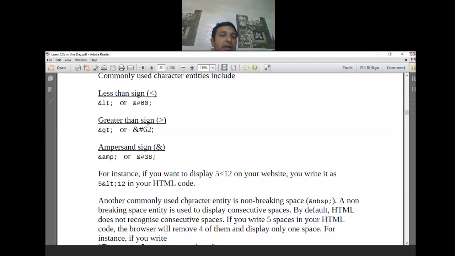Another commonly used character entity is the non-breaking space, ampersand nbsp. A non-breaking space entity is used to display consecutive spaces. By default, HTML does not recognize consecutive spaces. If you write five spaces in your HTML code, the browser will remove four of them and display only one space.